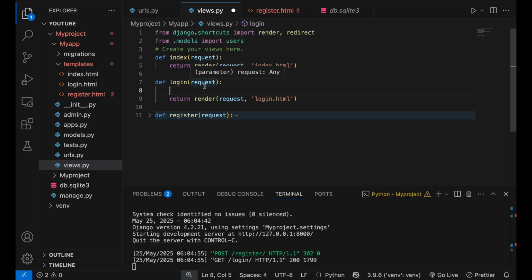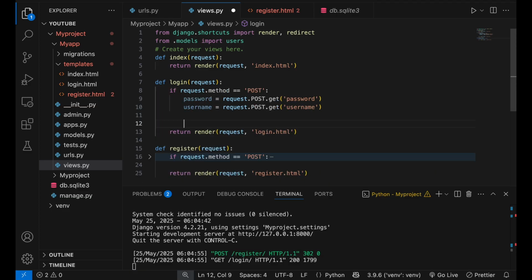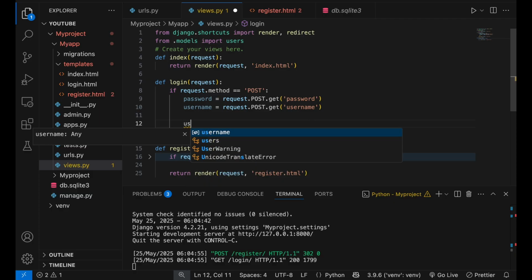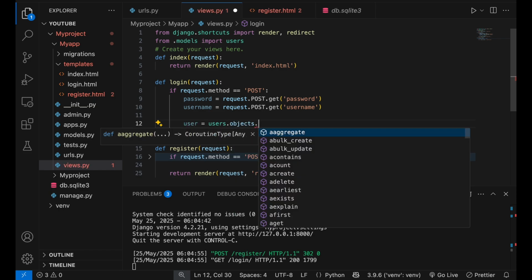You can copy the same features here from here, with the username and password available in the database. So how to do that, let's check it out. First of all, let me get all the data from the database. So I'm going to write user equals Users, which is the name of the models class, dot objects dot